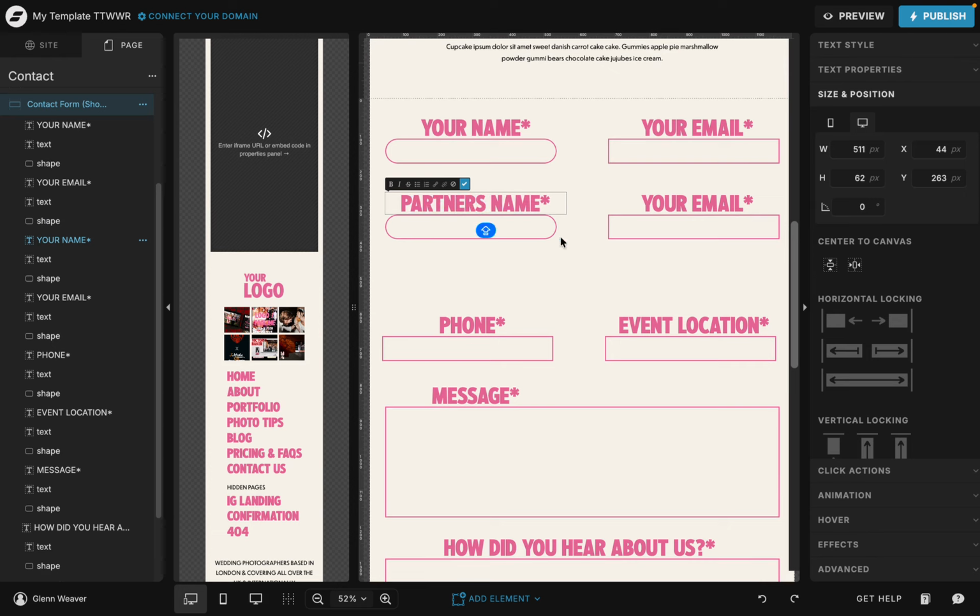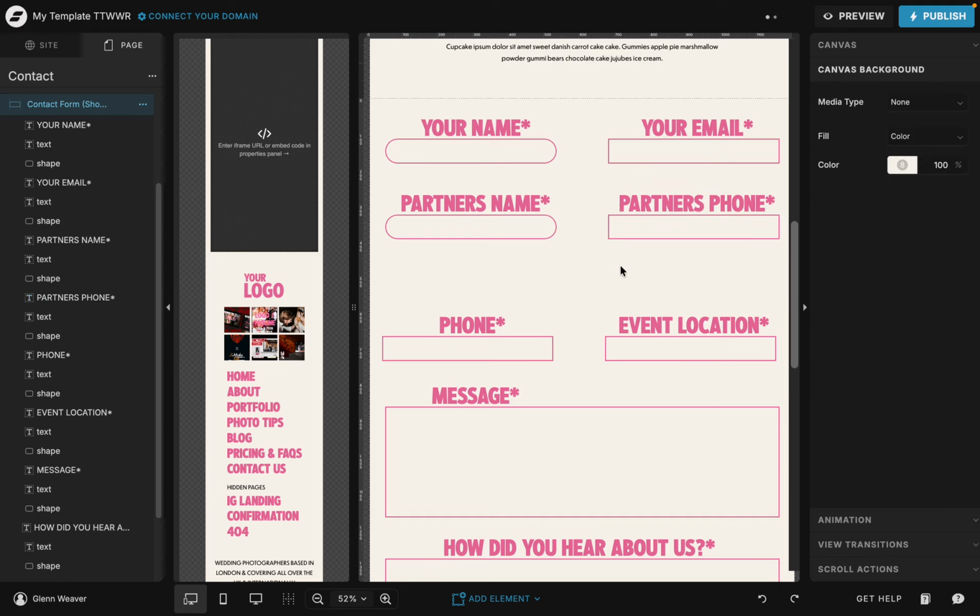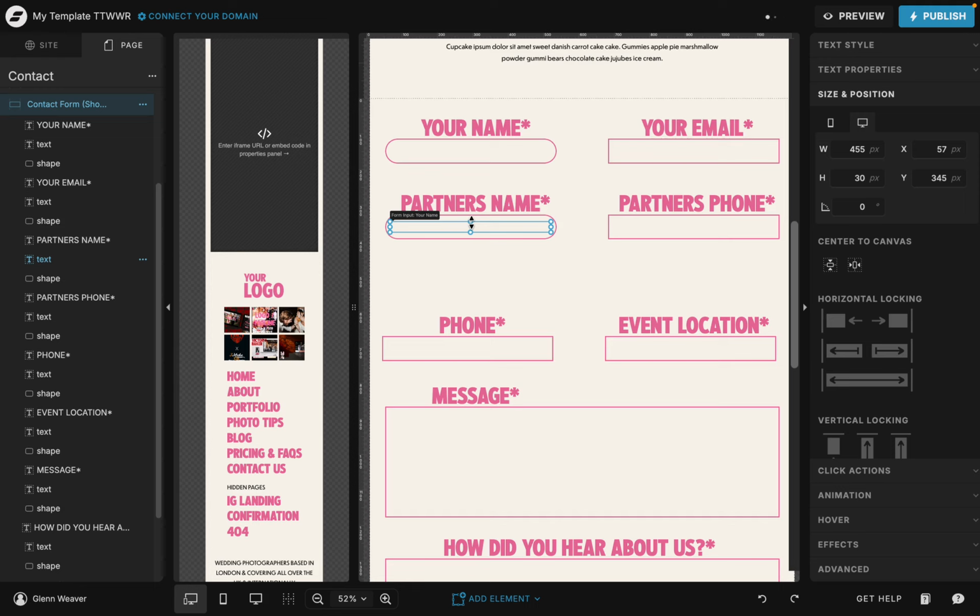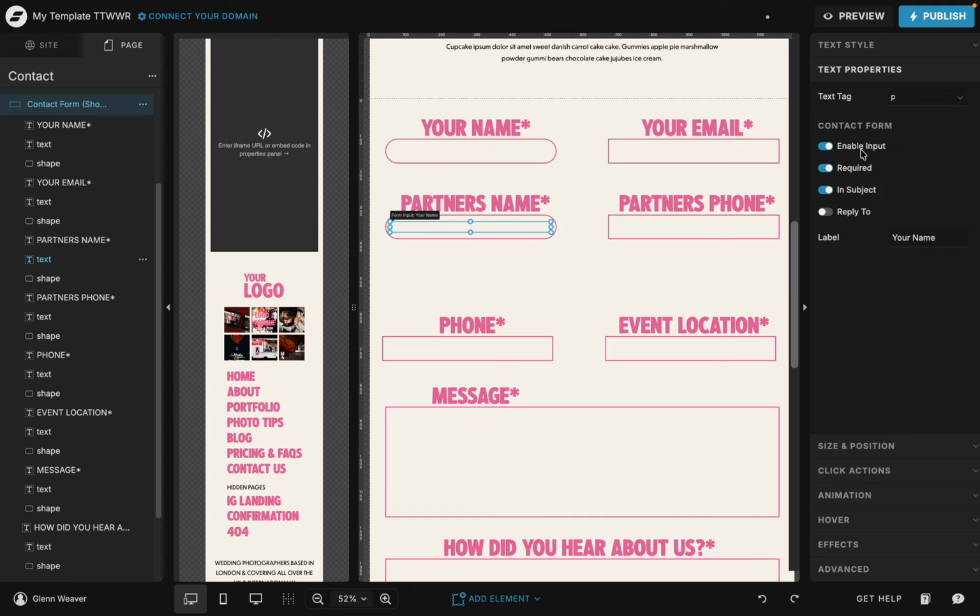Partner's name, and let's go partner's phone. So what we'd also need to do here under text properties is, if we want it required, that's great. Let's change the label so we know what that means when we get the email. Partner name, do we want that in the subject? Could do. Partner's phone,